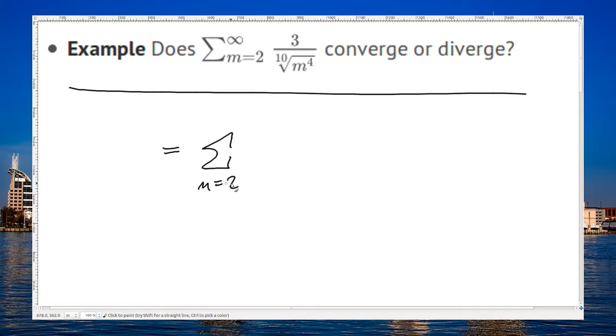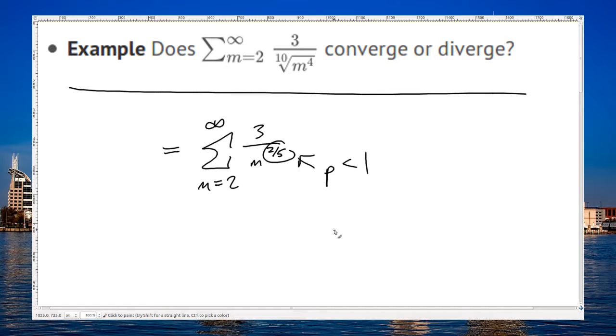And again, the fact that it starts with 2, who cares, right? It's just a finite number of terms at the beginning that's changing. I could make it 1. It would not change convergence at all. It would change the value if it converged, but not the actual property of convergence. This is m to the 4, but the 10th root. That's 4 over 10. We could write that as 2/5. But what's important is that there's my p,